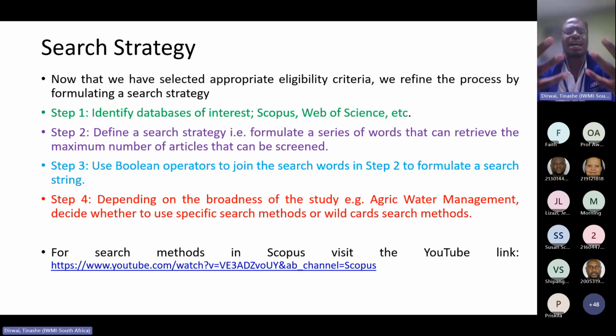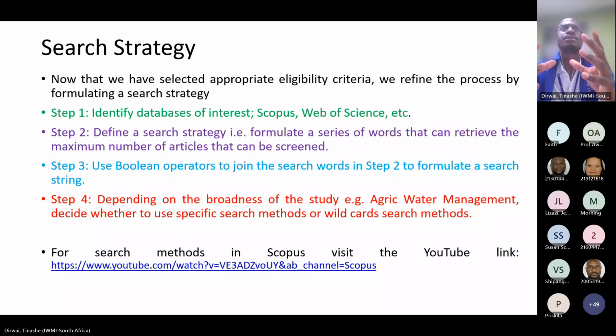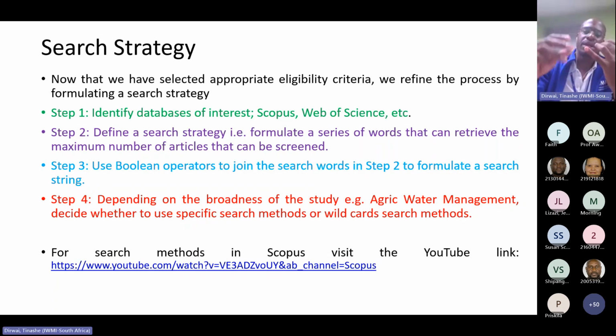You want to deep dive and dig and retrieve as many articles as you can on this broad subject matter, which you can then subject to the next level of screening, which we'll talk about in a few minutes. So breaking down into the PICO, PICOS, and the SPIDER helps you formulate a string of words, a series of words that you combine using Boolean operators, and you can apply that in your comprehensive